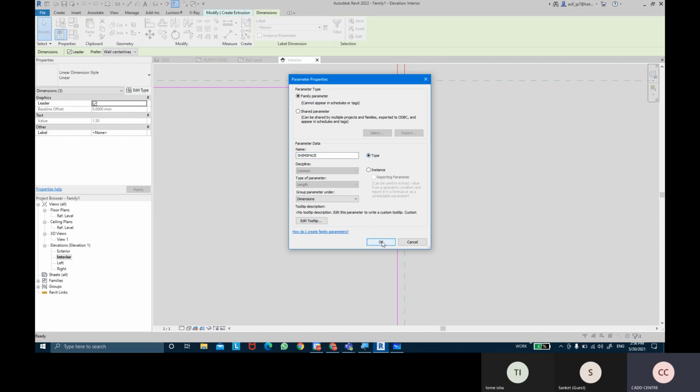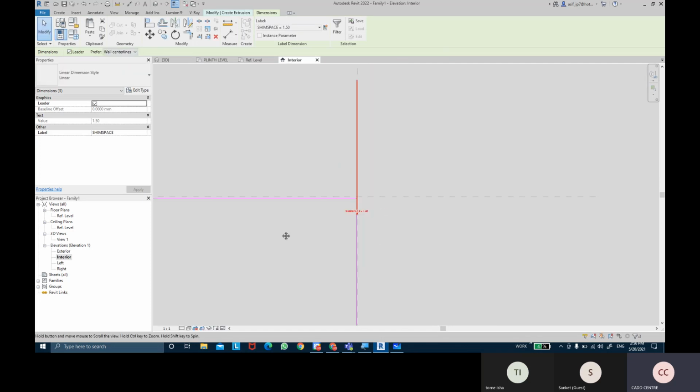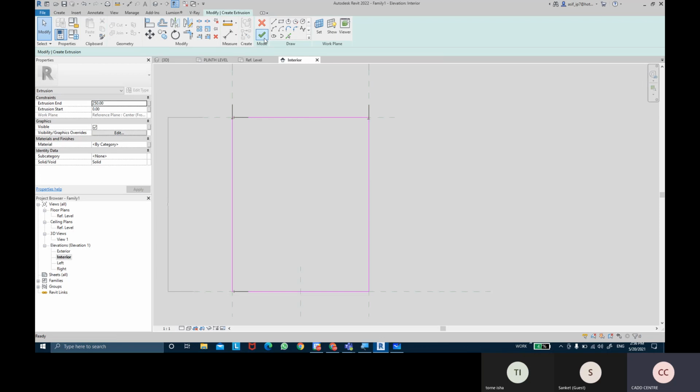Click into the type parameter and click on OK once again. And I'm going to click on Finish Edit Mode to complete the process.